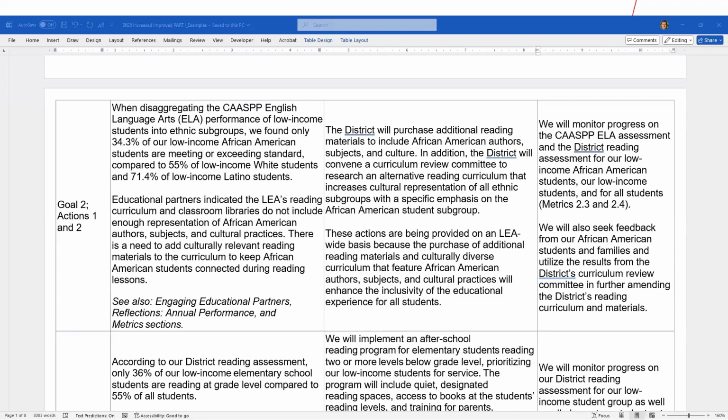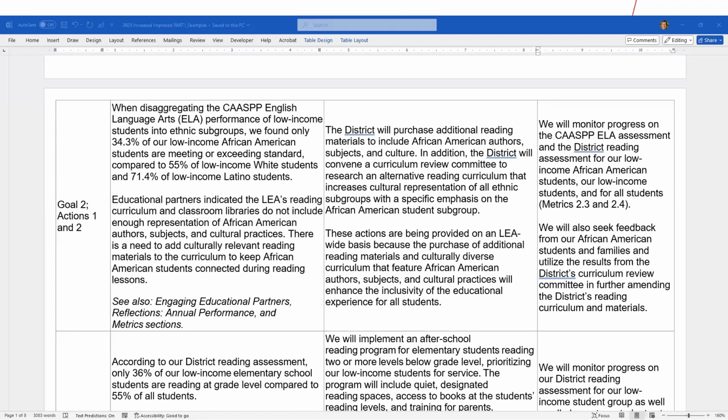The reason for this is because not all low-income students are the same. They have different needs, and sometimes those needs are related to racial ethnic subgroups. Sometimes a homeless low-income student is different than a student that has housing security, who isn't living in the low-income bracket, right? There are differences. It's nuanced within each student group. Not all students are the same. And some LEAs will see that they have particular subgroups within a subgroup that need attention, right? And this is an example of that.